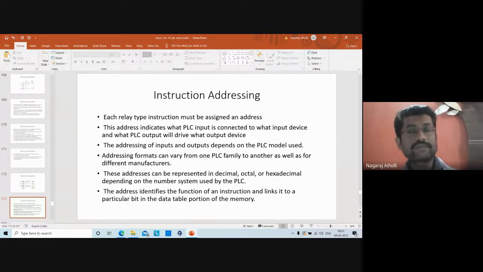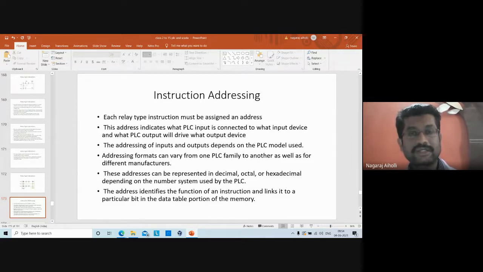So when the program starts executing, it starts with the first memory location in which the first instruction is stored and executes that. Then it comes to the second memory location and executes the second instruction, then the third, and like that up till the last instruction of your program. This is called instruction addressing. I hope the point is clear to you all.